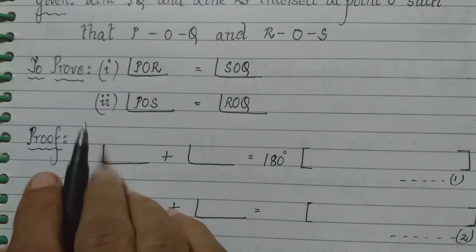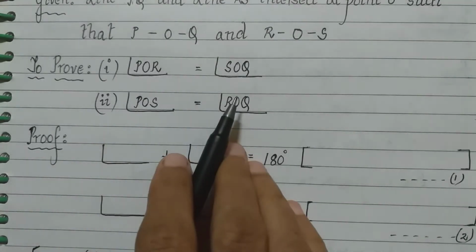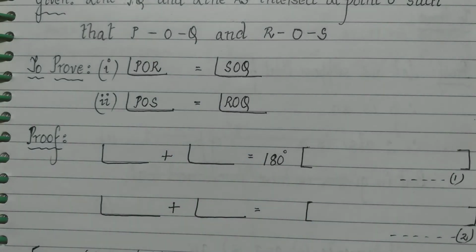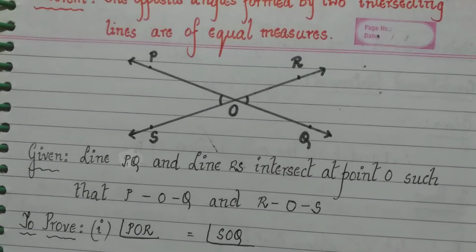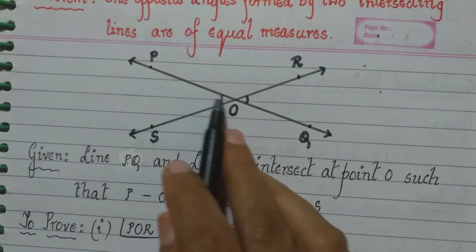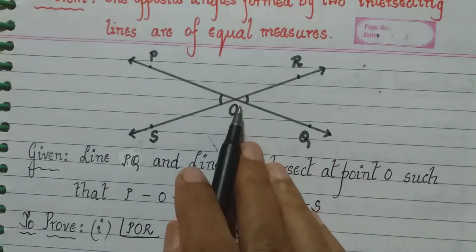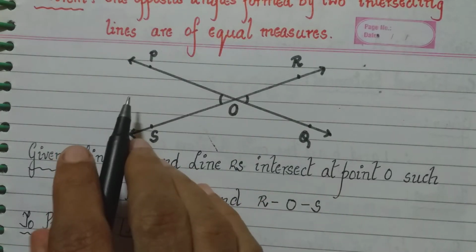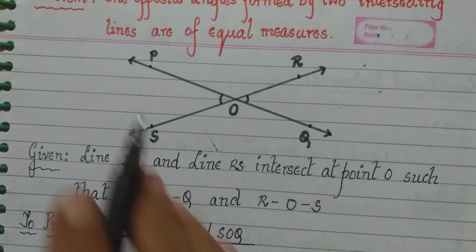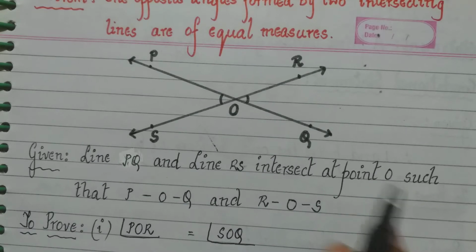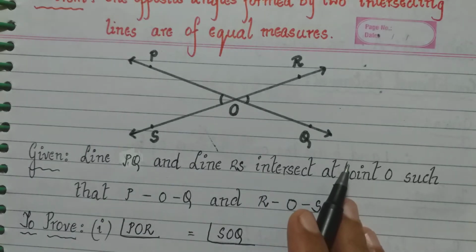Now this is the second part, where we wrote that the two pairs of opposite angles which are formed should be equal to each other. Now let us see how we prove it. Look here, we have angle POR and angle ROQ. Clearly, angle POR plus angle ROQ forms a straight line. Therefore they are angles in a linear pair, or they form a linear pair.